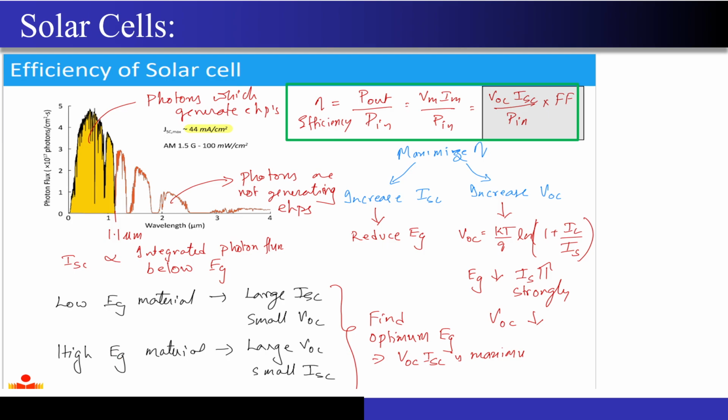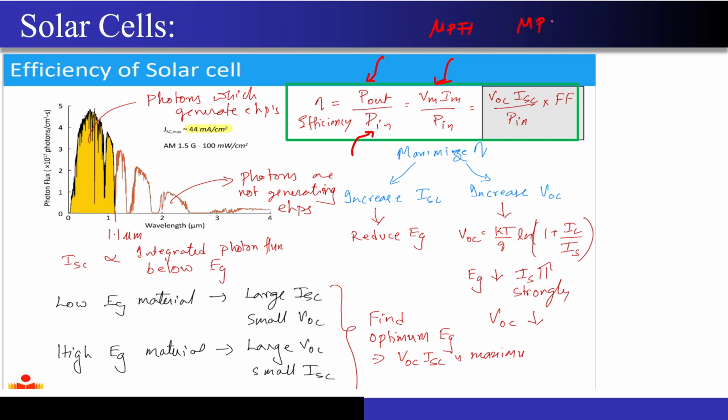Now apart from the fill factor, one more very important term is the efficiency of the solar cell, right? How do we define the efficiency? It is the total power that is actually delivered to the load resistor, compared to how much input power is incident on the solar cell, correct? If I take the ratio of these two terms, I will get my efficiency. The power delivered to the load is nothing but the product of Vm into Im. See, I have to operate at the maximum power point, correct?